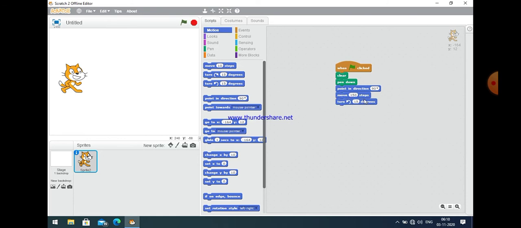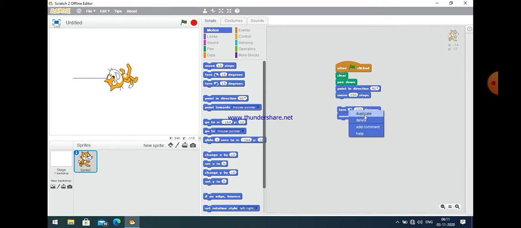Okay, then turn anti-clockwise and let us change the angle to 120. I am trying to create a triangle here. Now you can easily see that just after clicking on that, it will move 100 steps forward and then take a turn of 120 degree.